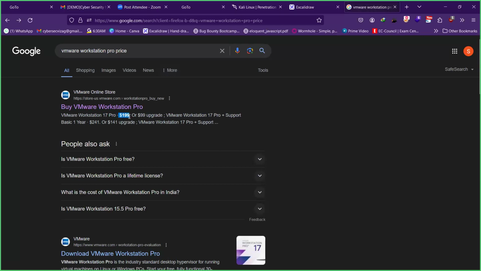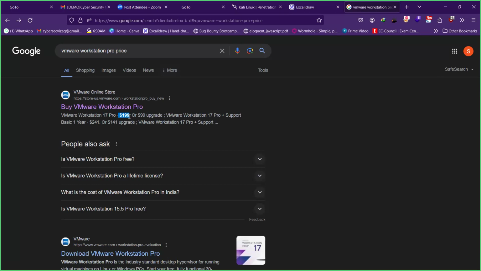Okay. So I have the cracked version for this. I'm using the same cracked version on my system as well. And it's completely free. You don't need to worry about any malware also. I've been using this for a lot of years and I've never faced any issues. So rather than you paying that $199, you can run it on the cracked version.